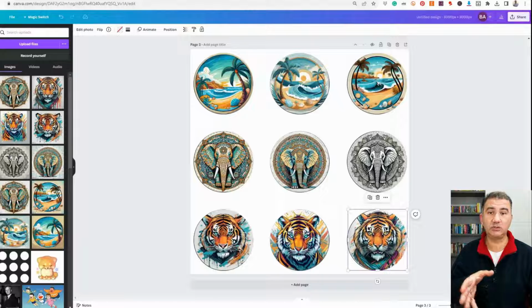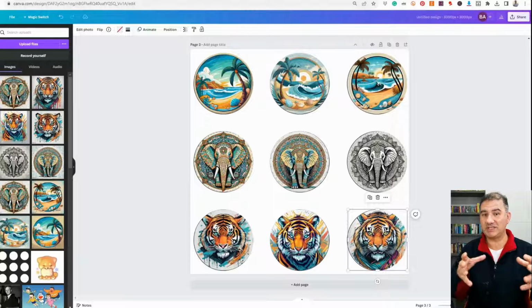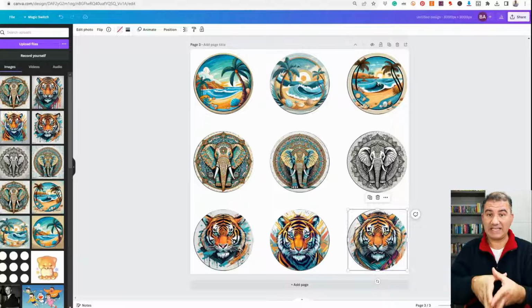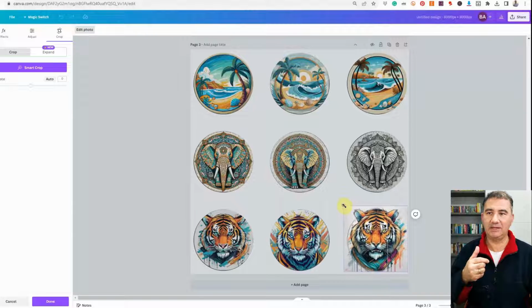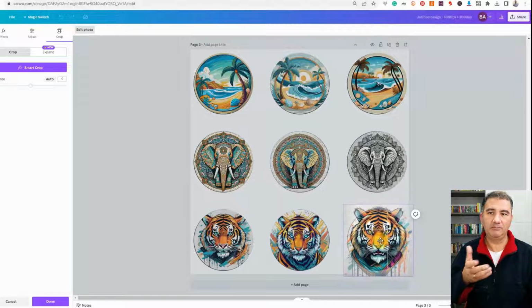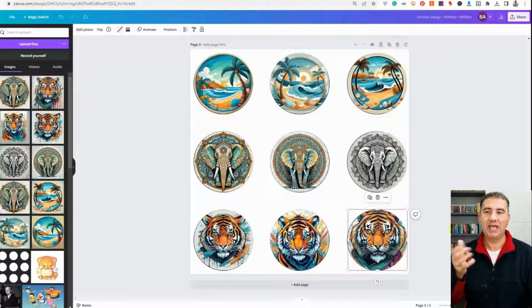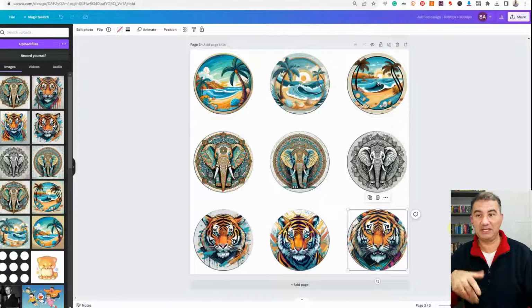Okay, so all you need to do, if there's an image that you want to maybe increase the size of, perhaps you want to focus the viewer's attention on one aspect of the design, just double click on it. Obviously you'll go into the edit photo mode and then just grab the handles here, whichever handle you want to grab, and just increase it to a size and then recenter it basically however you want it to appear. Double click on it when you're happy, and obviously it will be accepted, and obviously you now have your sticker